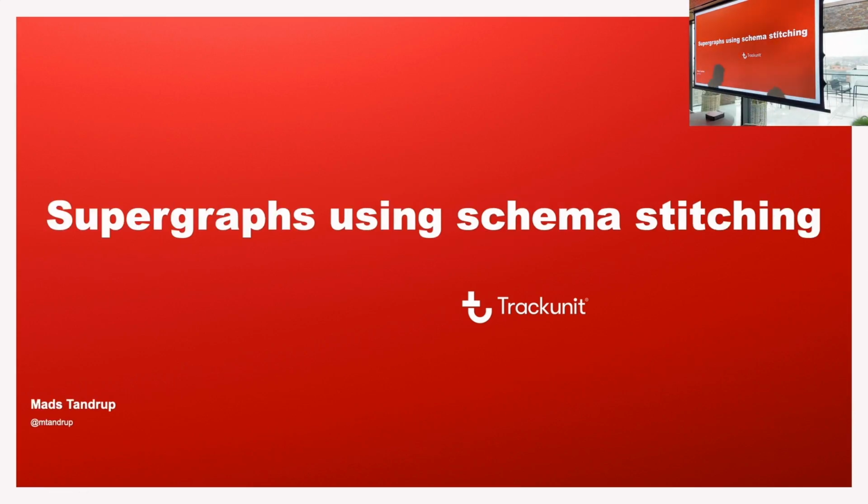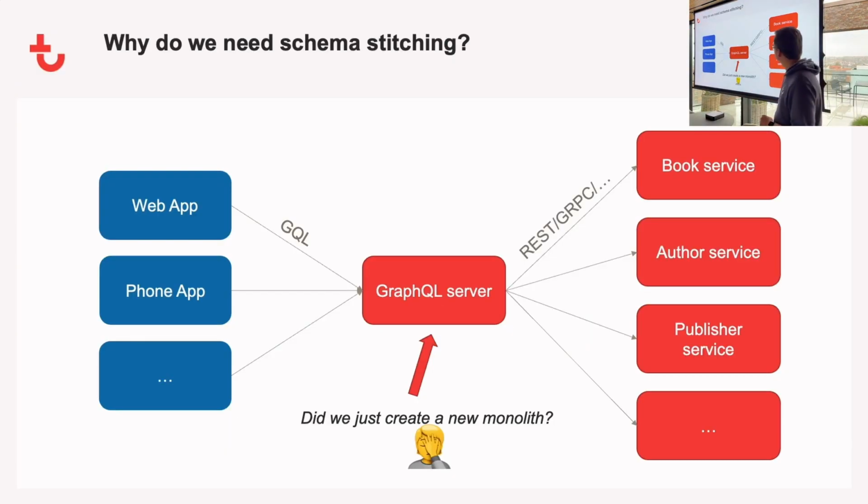Yes. So hopefully it makes sense why we're looking at GraphQL. But there's one issue. Now we have this GraphQL server in the middle, and essentially we just create a new monolith. Whenever the book service needs to change something, it needs to go to the GraphQL server, update the schema, make